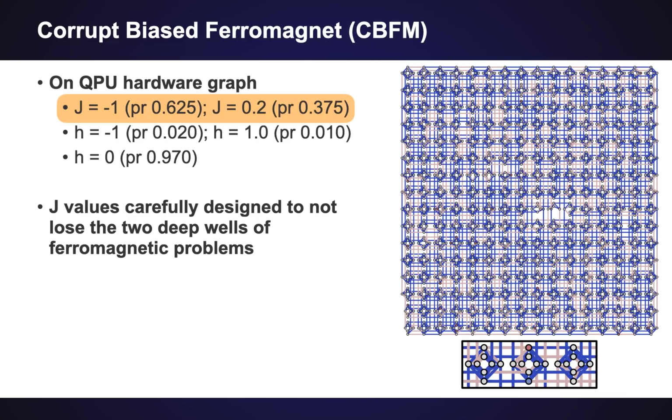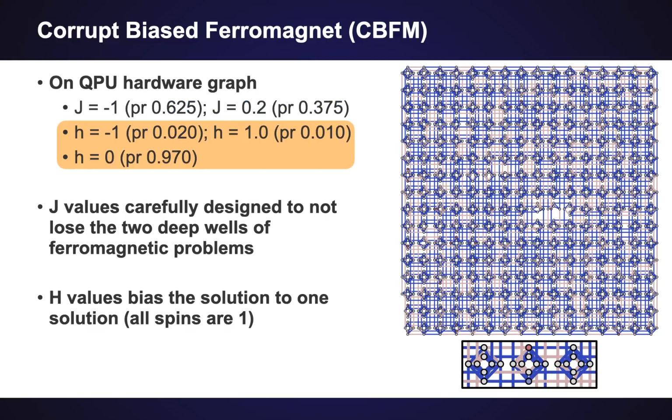But there's a small amount of corruption, which is about 1/3, where the value is 0.2. So this is the corrupt part of the biased corrupt ferromagnet. And this makes the problem somewhat tricky to solve, but it also doesn't lose this ferromagnetic property that links all